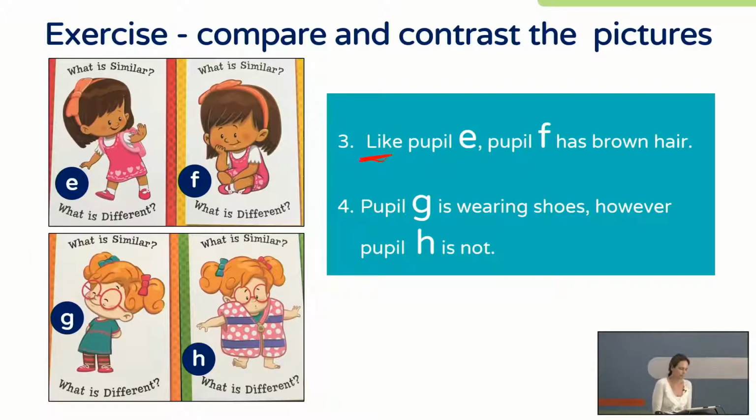Let's think. Pupil E and pupil F both have orange headbands. Pupil E and pupil F both have cute pink Mary Jane shoes. Great. Let's move on now to pupil G and pupil H. So I wrote, pupil G is wearing shoes, however, pupil